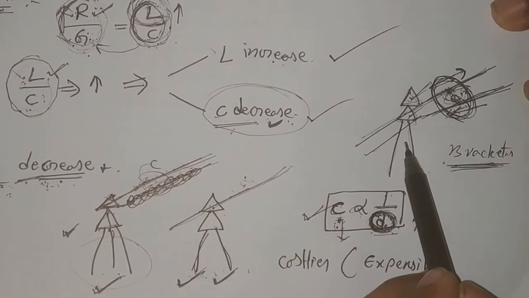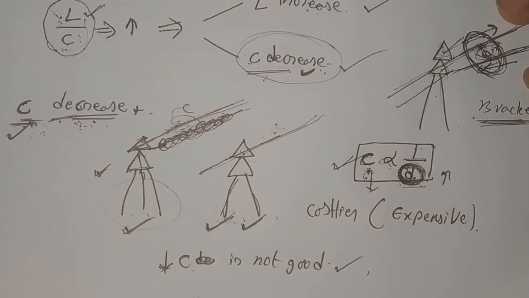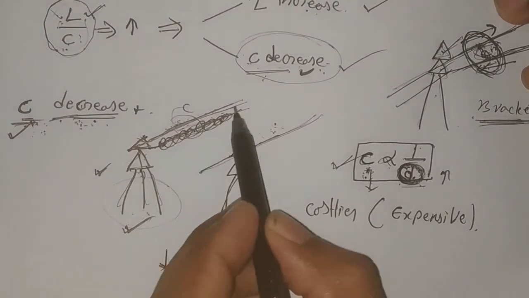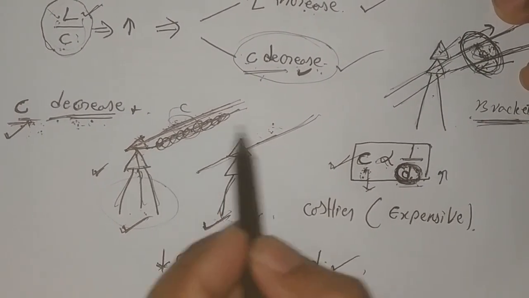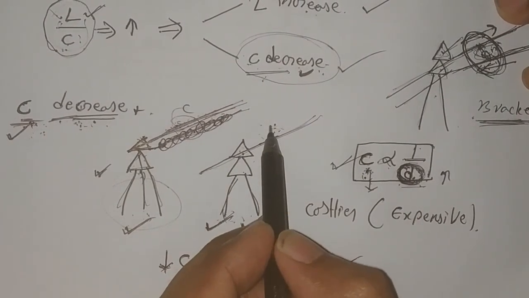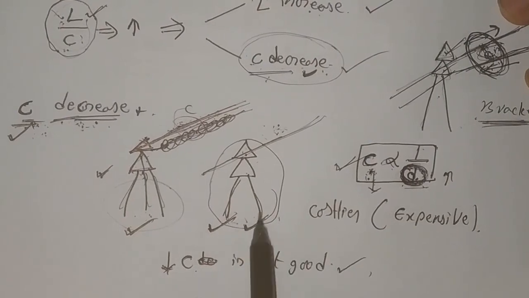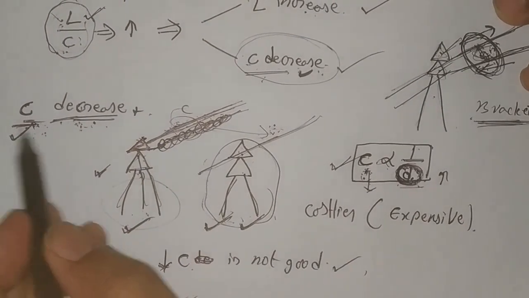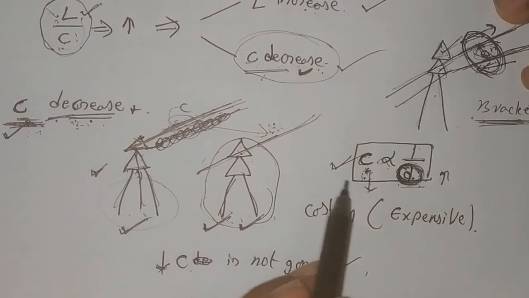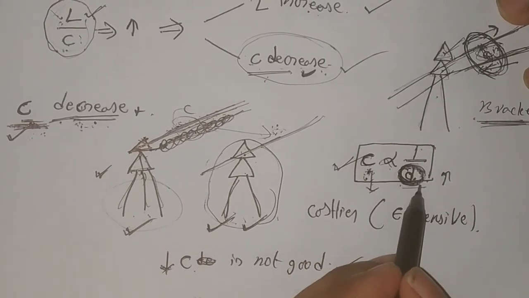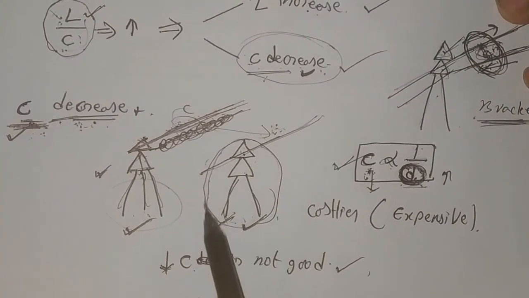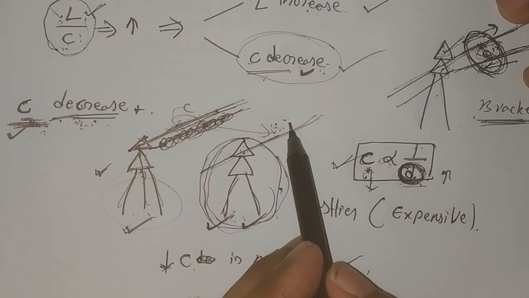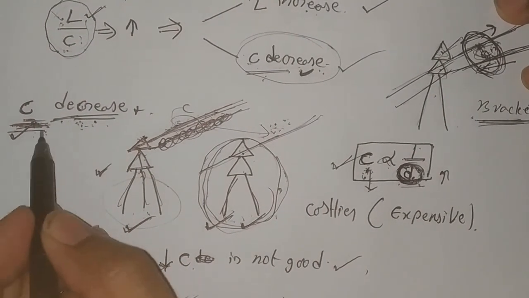Okay, in order to do that, we have to use a diagram like this. I am using one tower here having the brackets like that. This tower is carrying one transmission line. In order to have a distance of separation between these two transmission lines, I have to construct a new tower in order to increase the distance between them. Because our main objective is to reduce the value of capital C. Therefore, in order to reduce C, you have to increase the distance. This distance can be increased by constructing a new tower. When you construct the new tower, the distance between the transmission lines is increased. In such a case, the decrease in capacitance is also obtained.